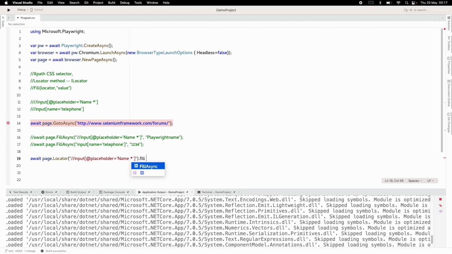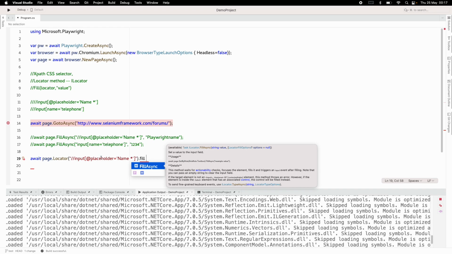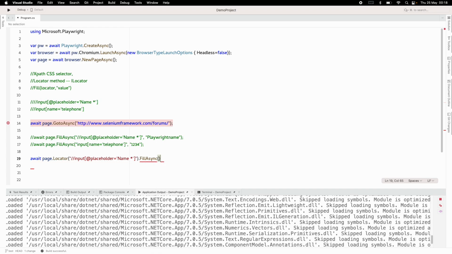Then fill. The same fill method I am using, but if you see here in this method, it is not taking the selector. Previously it was taking three arguments: one was the selector, the second was the value, and the third was the locator fill options. But here the selector is not there, since we are getting the web element using the locator method. So that's why it's only asking for value and the locator fill options. Okay, so I will enter the same name,